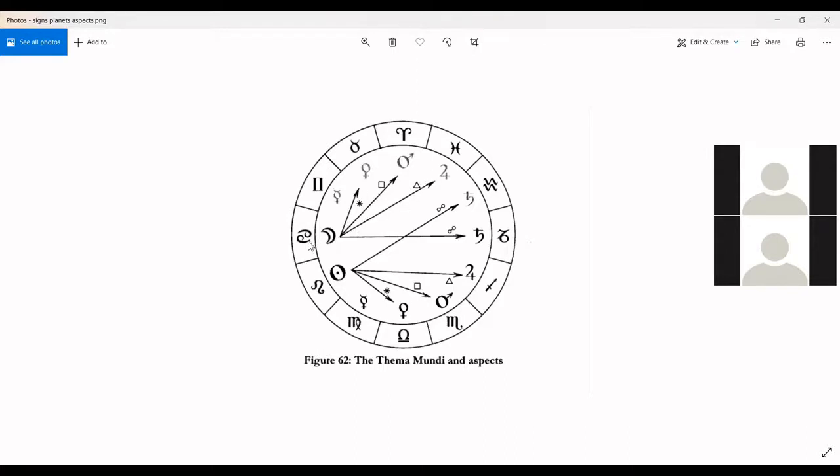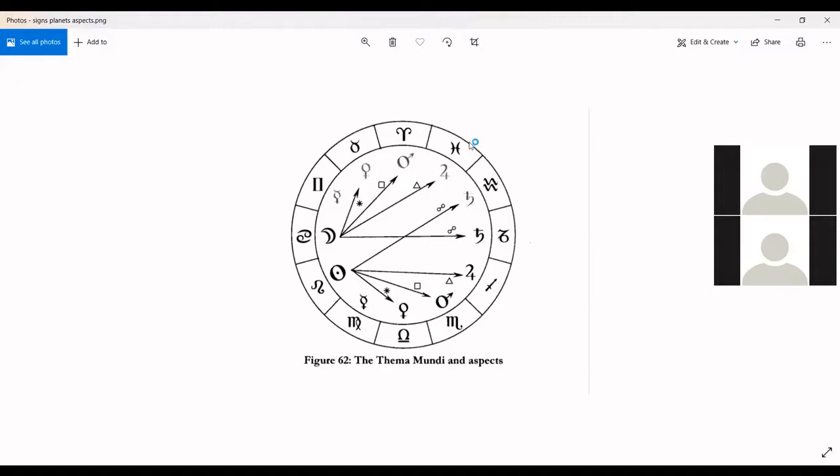120 degrees away, so this is 30, 60, 90, 120 degrees away, that's Jupiter, and this is 30, 60, 90, 120 degrees away. There's Jupiter, the sign of Sagittarius from Leo. 120 degrees away from Cancer is Jupiter's sign of Pisces. Now you're thinking, what is this all about? I don't understand. Why are you doing this? This doesn't make any sense.